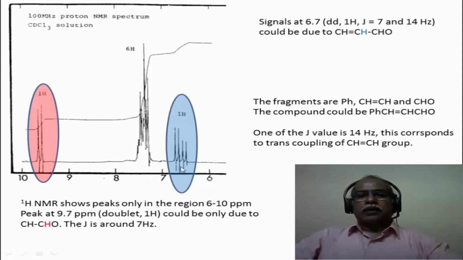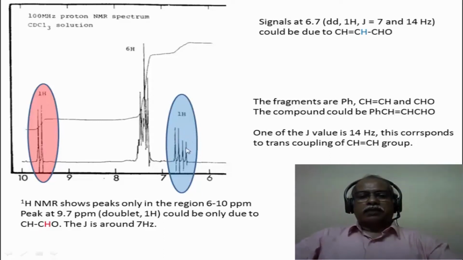The signal around 6.7 is a doublet of a doublet with two coupling constants. The coupling constants can be easily measured. One can, for example, take the resonance due to the aldehydic hydrogen and measure the coupling between these two lines. The frequency difference between these two lines will be one J value, and then these two are mutually coupled to each other. One can also measure the same coupling constant between any adjacent peaks in this particular multiplet.